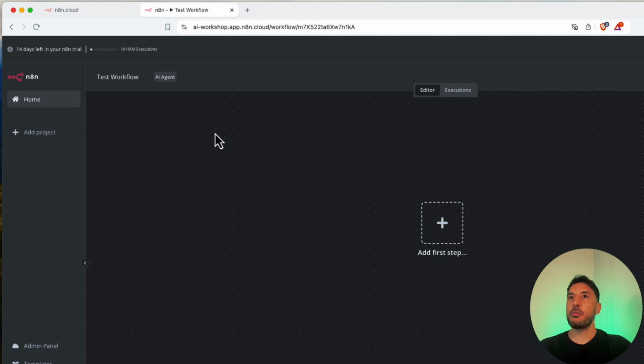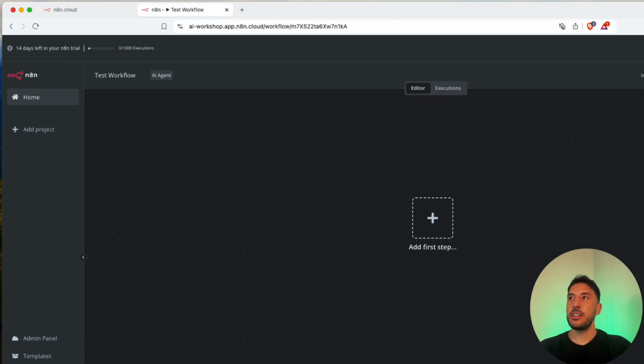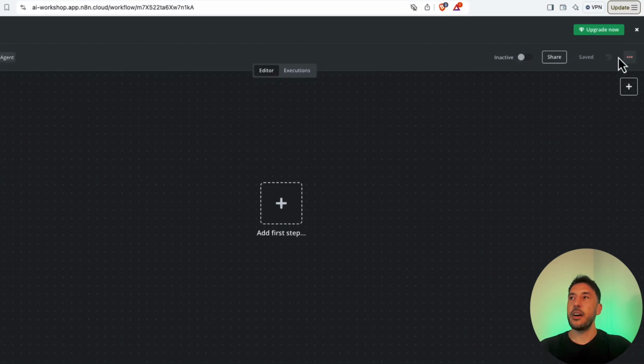Okay, so on the right hand side here, you can see there's these three dots, and then there's the upgrade, the save, the share, and inactive. So on the three dots, if you click on this, this will give you several options to download, import another workflow into this. And again, like I said, we will get into this later on when we build other complex workflows, where then you can actually import that template inside this workflow, and it will bring everything over. But again, like I said, for that, we will talk about that in other videos.